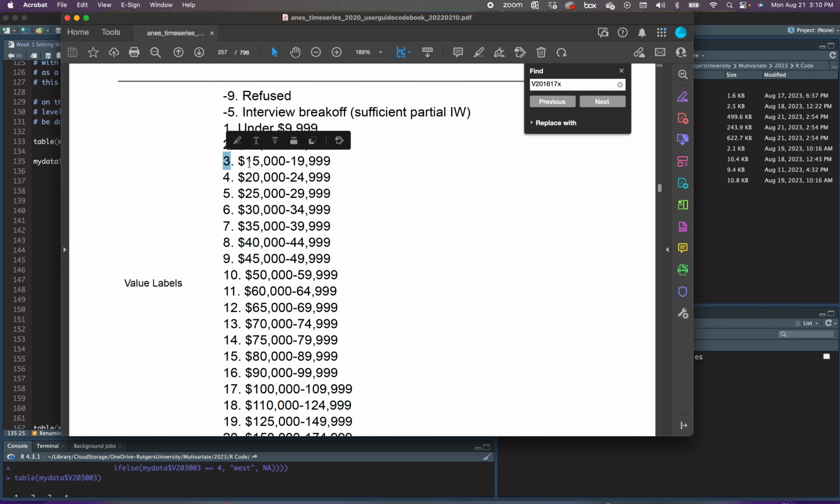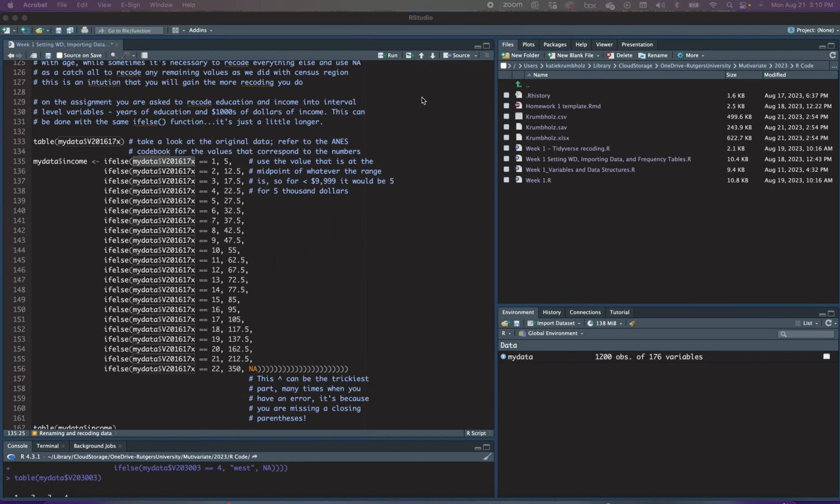For 3, you get where I'm going here, 15,000 to 19,999. The midpoint's going to be 17,500. So we're going to use the number 17.5 when we convert it. So you see I've already got that set up that way. Again, for each one of these lines, you have your logical test, where the variable equals 1, the first category, the value to give it if it's true, and then if it's false, you wrap around to the new logical test all the way down,